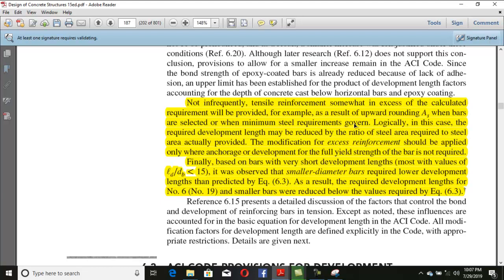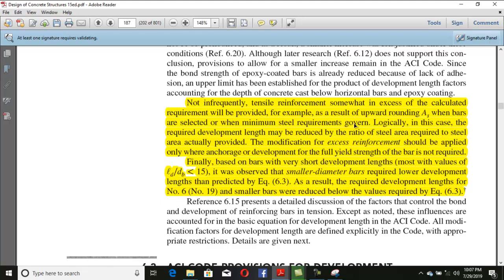आप सेलेक्ट करते हैं एज प्रोवाइडेड, जो आप नंबर ऑफ बार सेलेक्ट करते हैं। तो फॉर एग्जांपल आपको बीम के लिए थ्योरेटिकली 4 बार नीडेड है, तो आप 4 बार इस तरह डिजाइन नहीं कर सकते जो आपको एग्जैक्ट अमाउंट ऑफ स्टील दे। आप मोस्टली जब कैलकुलेशन करते हैं तो आप बार्स को राउंड करते हैं। फॉर एग्जांपल आपको थ्योरेटिकली 4.5 चाहिए, तो 4.5 बार तो आप प्रोवाइड नहीं कर सकते, आप 5 बार प्रोवाइड करते हैं।